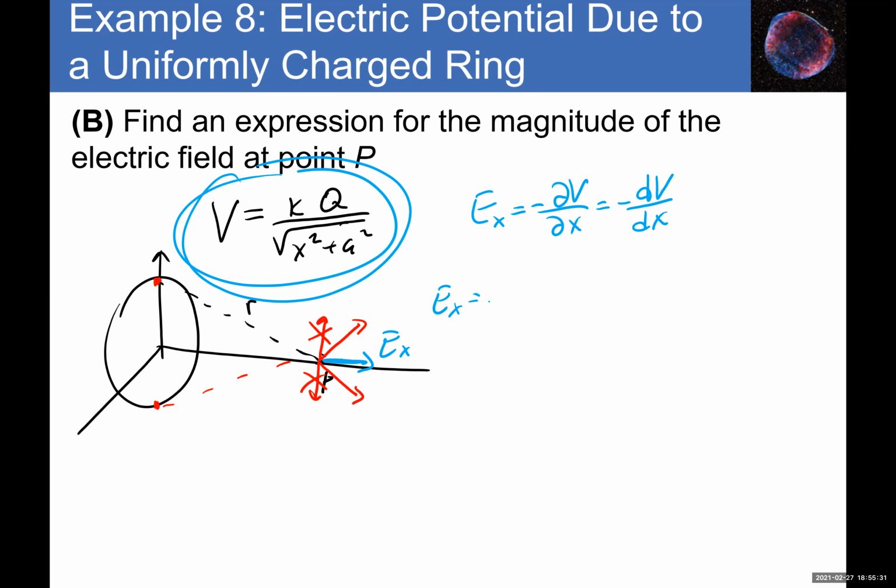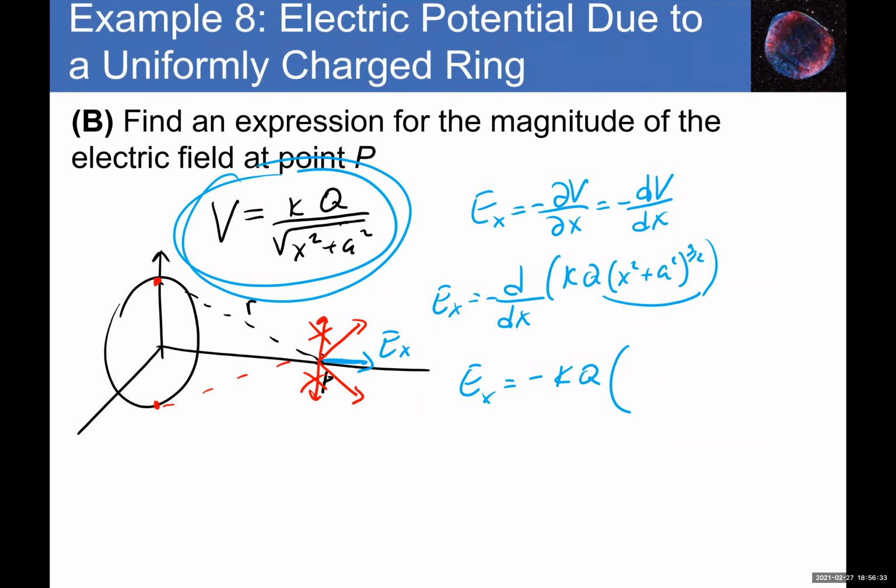Then Ex is equal to negative the derivative of kQ over, let me write it like this, probably simpler, kQ times (x squared plus a squared) to the power of 3/2. Taking the derivative of this, what we can see is very similar to the previous example that I did. So Ex is equal to negative, and kQ can come out because they're constants. And if I take the derivative of that, that becomes,